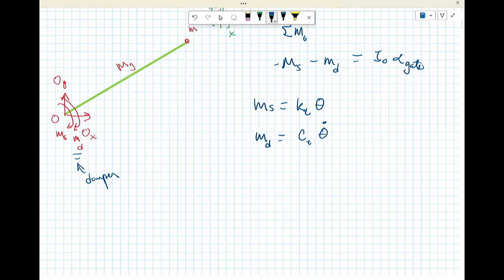So if that's the case, I can put all the terms in there, so those are causing moments. And alpha is equal to theta double dot, so that I can do the same thing as I've done before. All right, I naught,